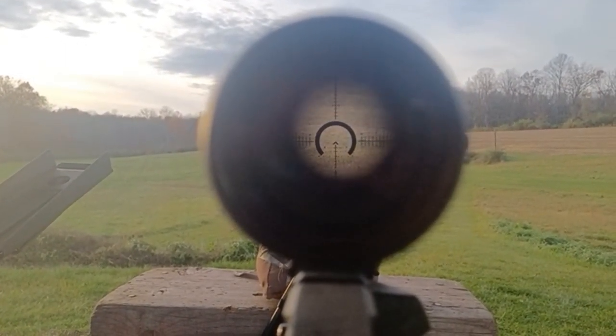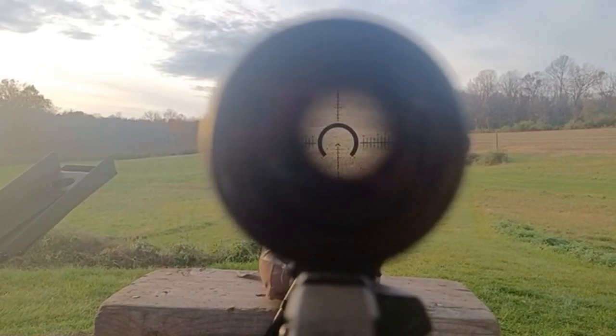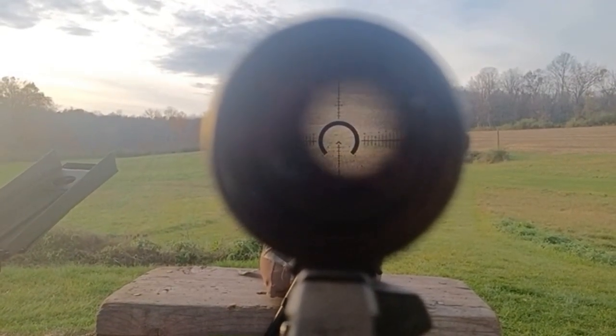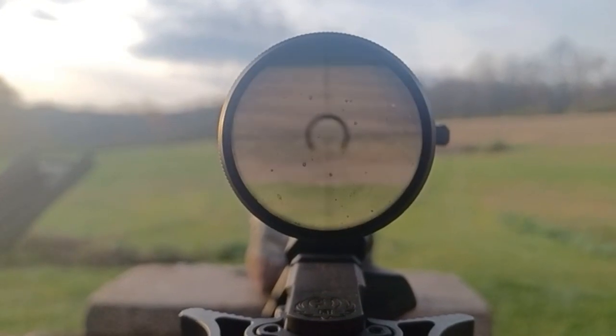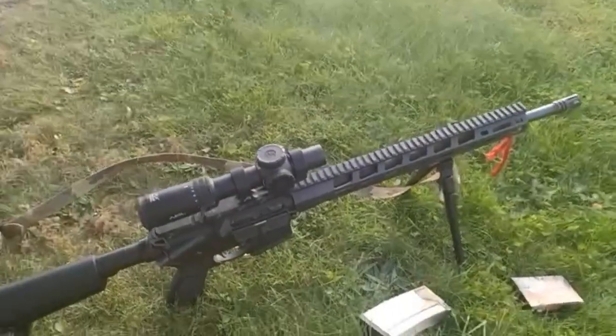All right, I wanted to give you guys a peek through the scope so that you can see what the bullet drop sort of looks like. I always got a focusing problem with this camera. So this is the Primary Arms M8 Raptor. Back it out a little bit. We'll lose focus on the reticle, but